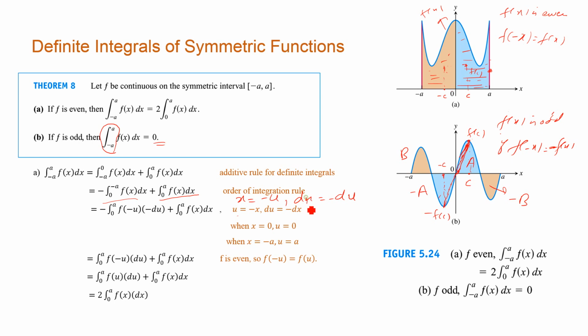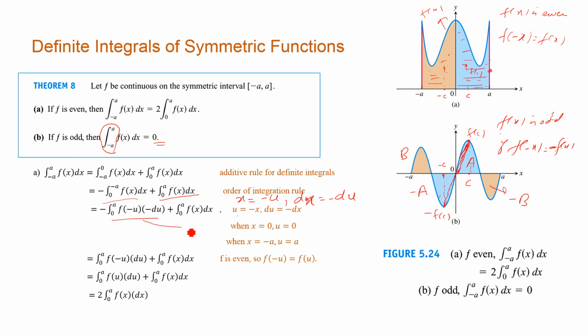We just learned we have to transform every value in the function. So dx is minus du, and what about the limits? When x is equal to 0, u is equal to 0. When x is equal to minus a, u is equal to a. Okay, so our function becomes